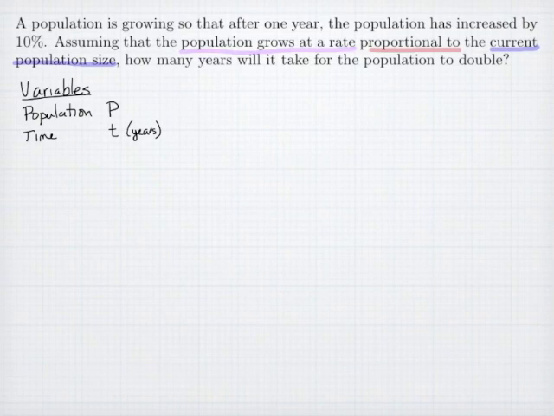And when I put those together, this is telling me that the rate of change, that's a derivative, the rate of change for my population is proportional to the population size, which means that I can create an equation. The rate of change of my population with respect to time is equal to some constant